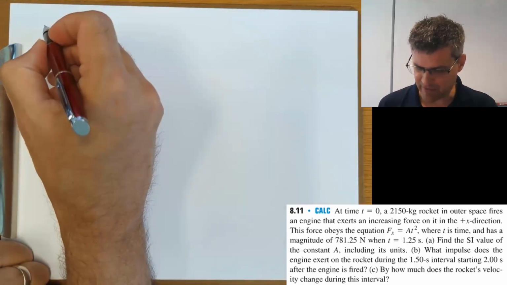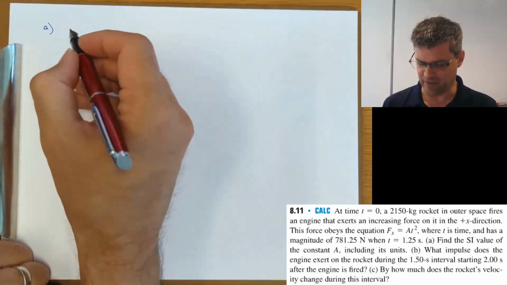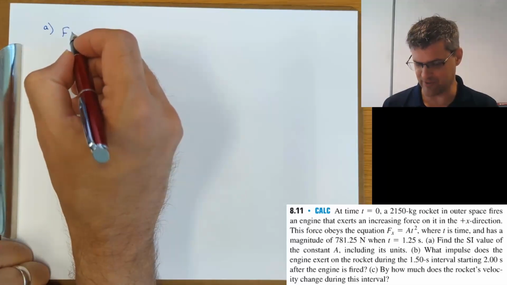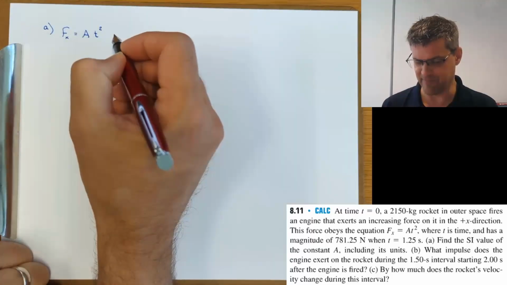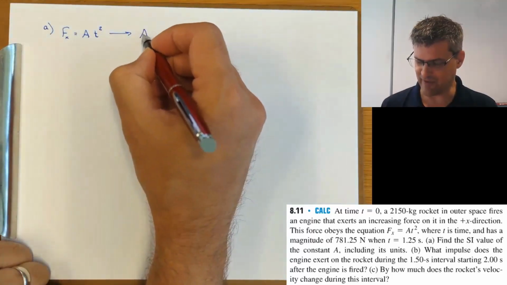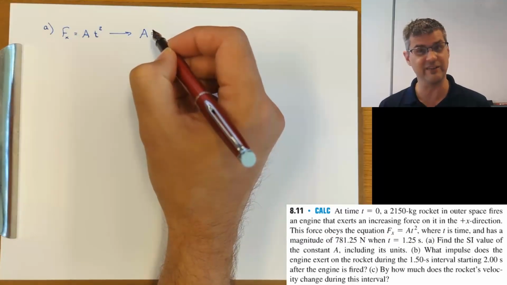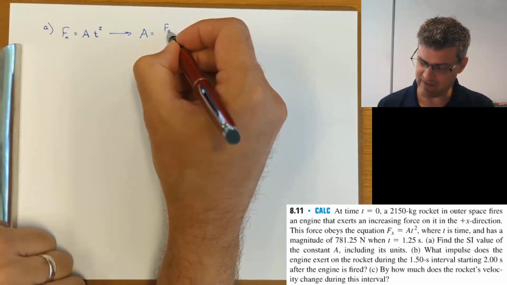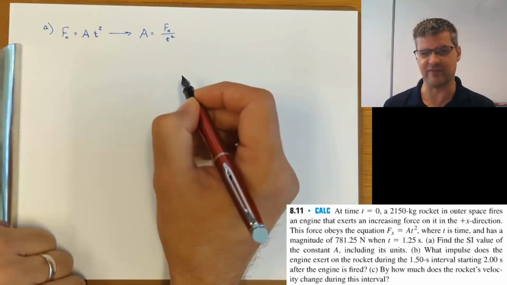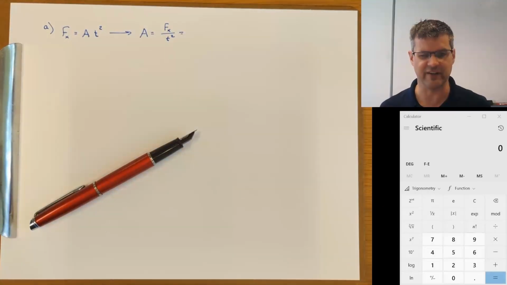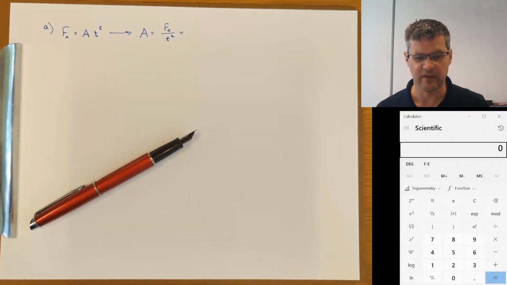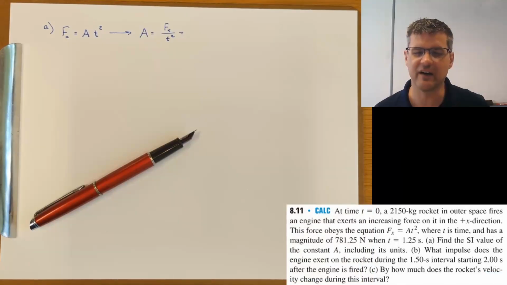Now, first of all, if we're looking at part A, one thing that we know is a particular force at a particular time. And because of that, if we want to find out what the constant is, if it really is a constant, it has to be algebraically found like this. And because we know f and because we know t, we can pull out our calculator. And our force was 2150 and time was 1.2,